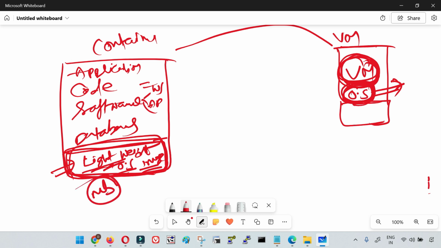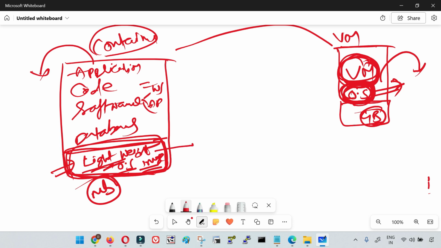Okay, however, if you go for the complete OS, which is in GB, you can't just transfer this OS from one machine to another machine, just like we can move the container from one machine to another machine. Okay, so now what exactly is in this lightweight OS image? There are multiple things that are specifically related to your